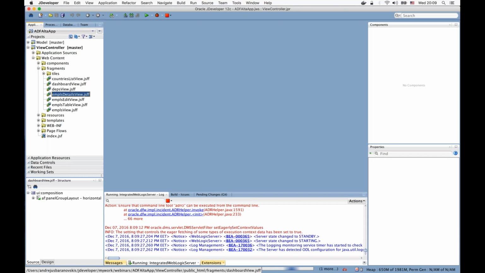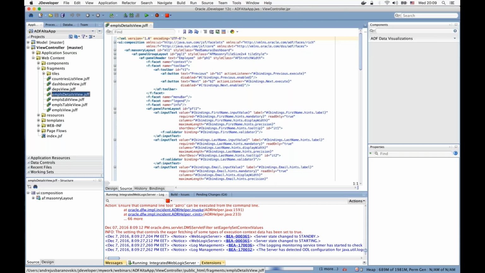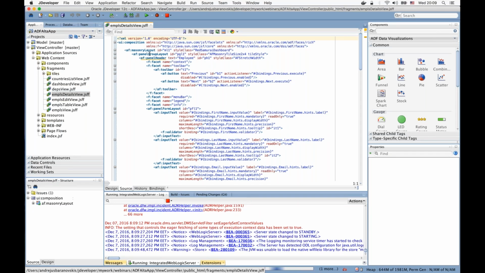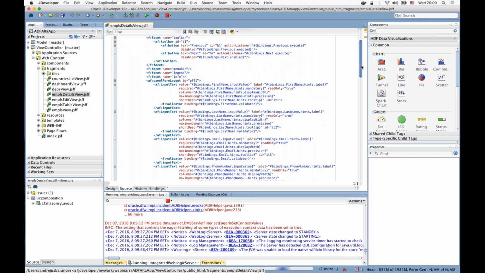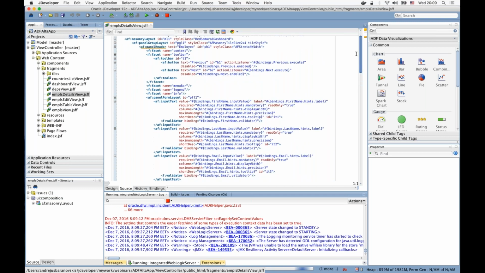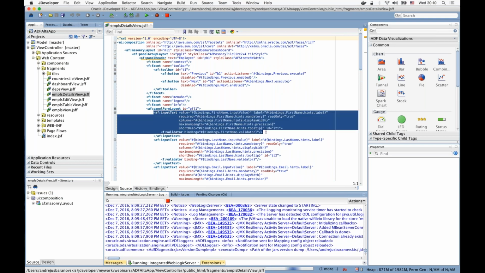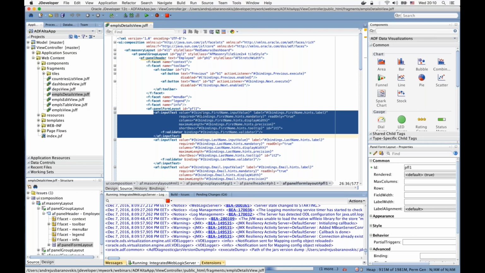For example, this could be the employee details view, and this fragment implements a panel form layout and has some buttons, and also uses a masonry layout. So there are different tiles in this fragment. But if I go to the content of this fragment, I will see there are those ADF Faces components, and if I take a look at this input text example, then I see that input text contains different properties here,